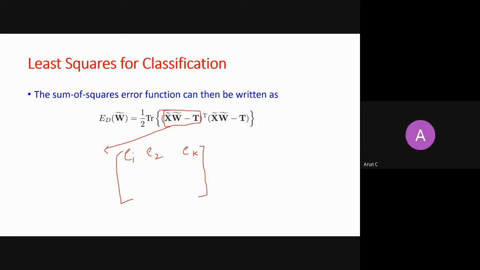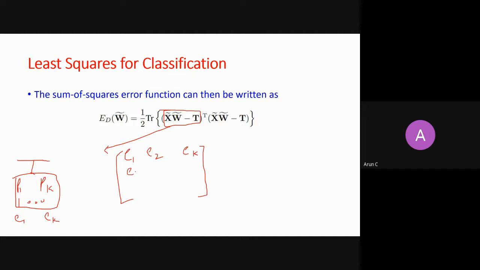So E1 is nothing but, I am taking my first sample. For the first sample, I am getting K predictions, so first prediction to Kth prediction. I also have the target variable, which is one hot vector encoding. So this is prediction 1 and this is prediction K. For the first sample, I am also getting a one hot vector, let's say 1 0 0 0. To get the total error, I need to subtract element wise, right? So this is my error E1 and this is my error EK. So this is for the first sample.